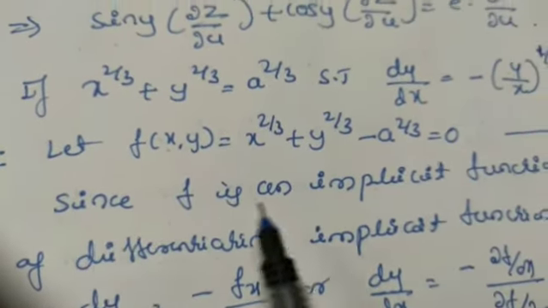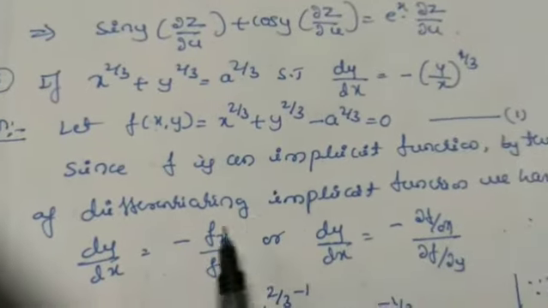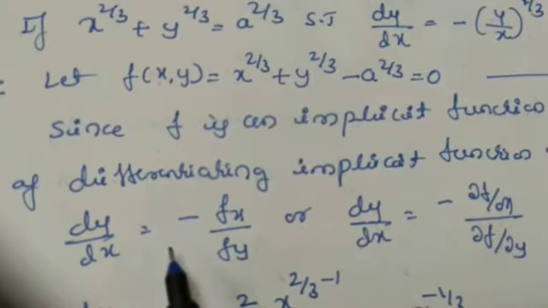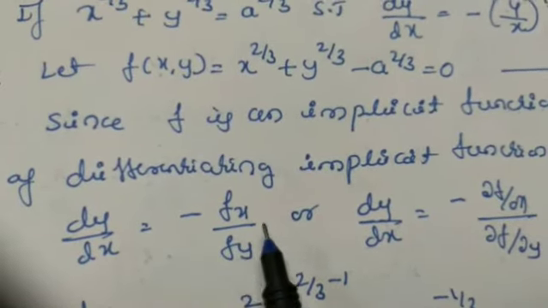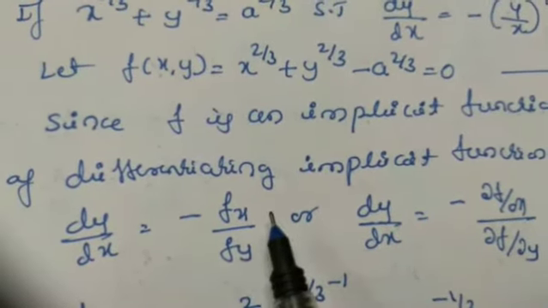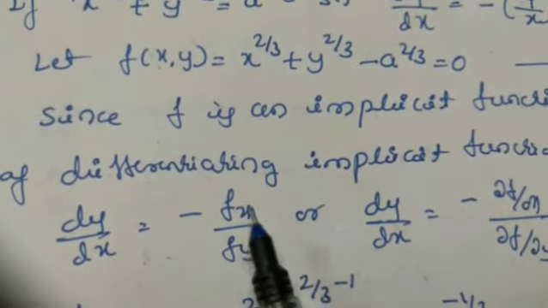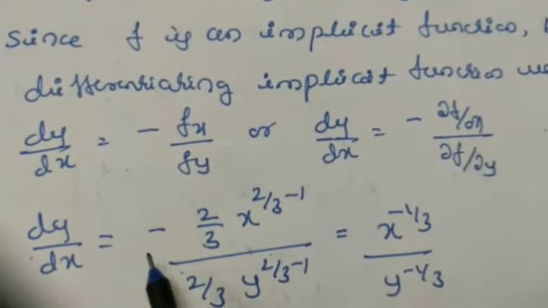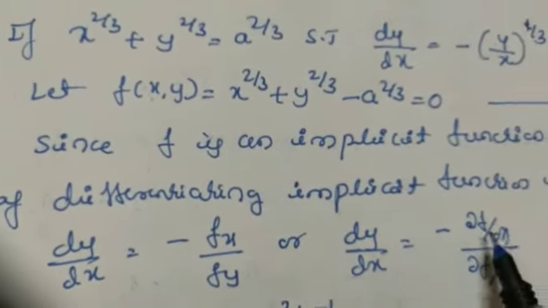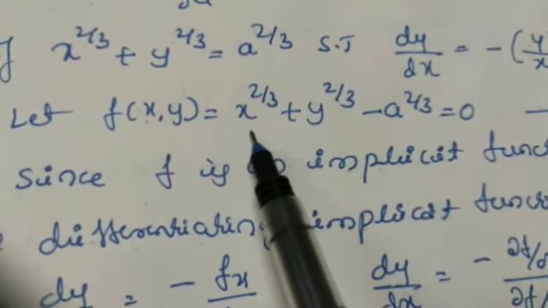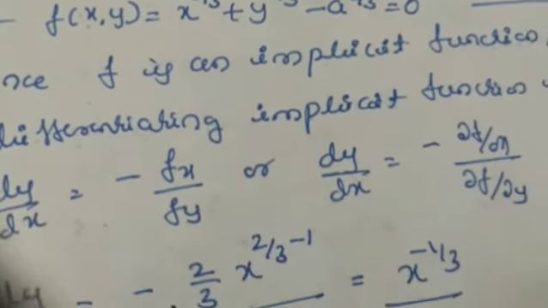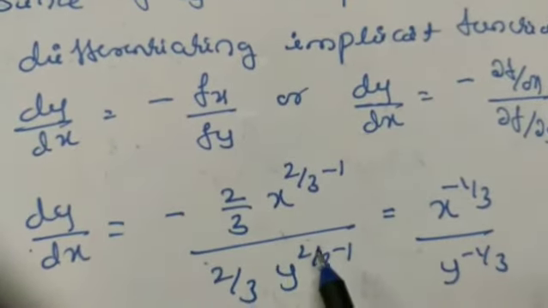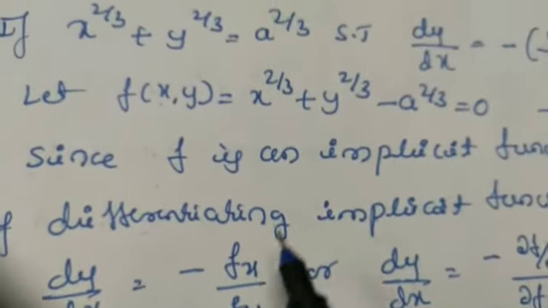Therefore here, since f is an implicit function, by the rule of differentiation of implicit function, we have dy by dx is equal to minus fx by fy, that is dou f by dou x divided by dou f by dou y. So dy by dx is equal to, differentiating f partially with respect to x, the derivative of x to the power of 2 by 3 is 2 by 3 into x to the power of 2 by 3 minus 1, and y and a are constant, so its derivative is 0. Divided by dou f by dou y,